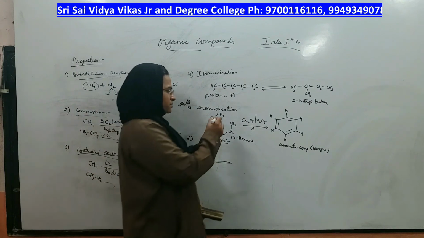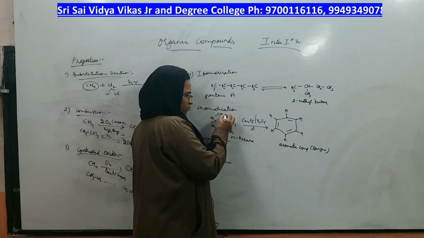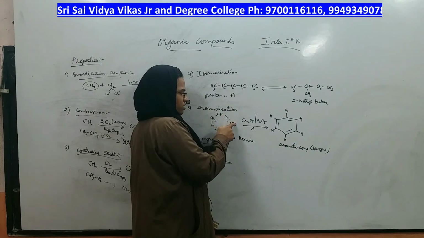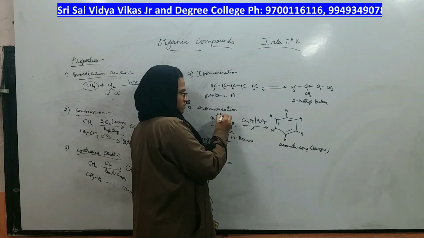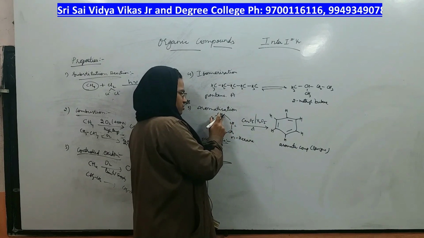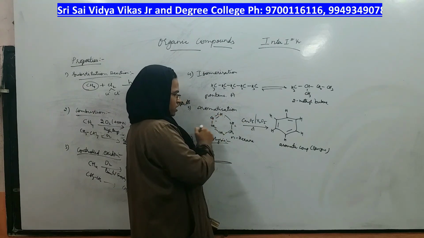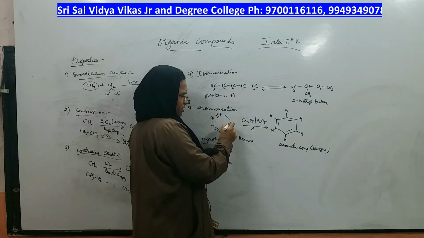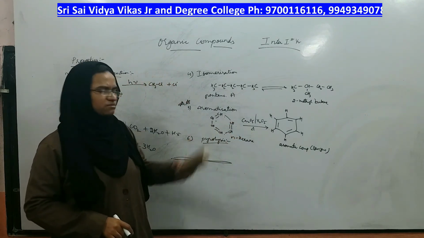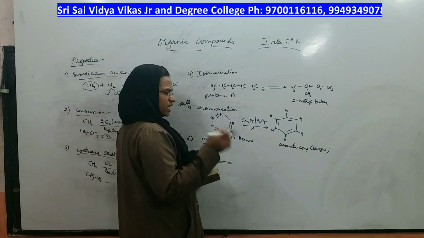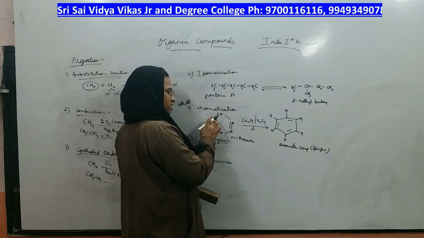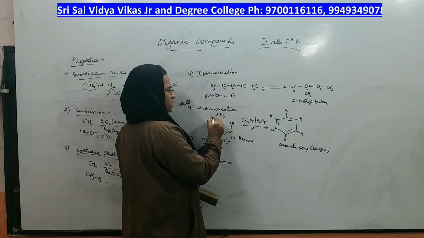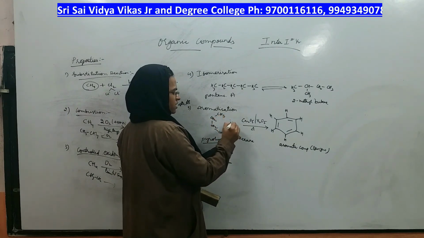What happens here? In between these two there will be a bond, right? It should be a bond. Once the bond forms, hydrogen from this will be lost. Then in between these two, one hydrogen will be lost, one double bond comes. In between these two, one hydrogen will be lost, you will get a double bond. In between these two, one hydrogen will be lost, you will get a double bond. This is benzene. How you will get the benzene is, first a ring will be formed, after that dehydrogenation here, dehydrogenation here, dehydrogenation here, right? That is nothing but aromatization of N-hexane, okay?